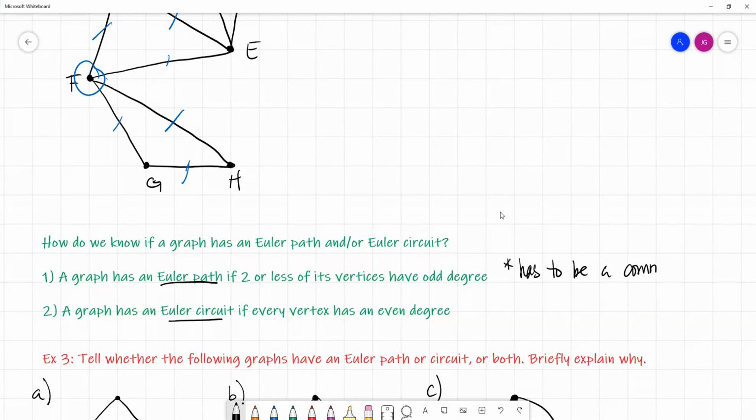If I can spell connected, there we go. Has to be a connected graph. Okay, if the graph isn't connected, there's no point in even looking for a path or a circuit, right? And then for an Euler circuit, if the graph